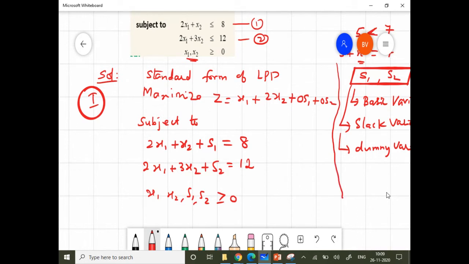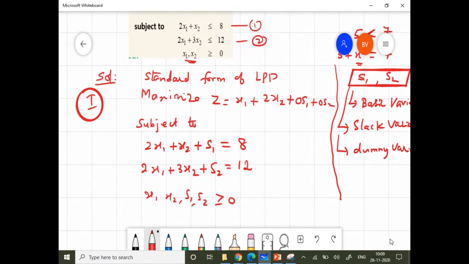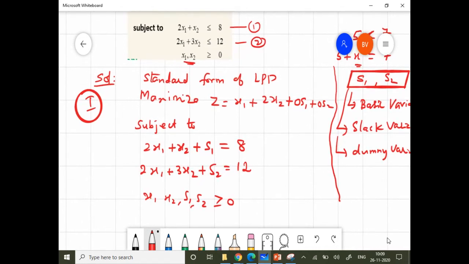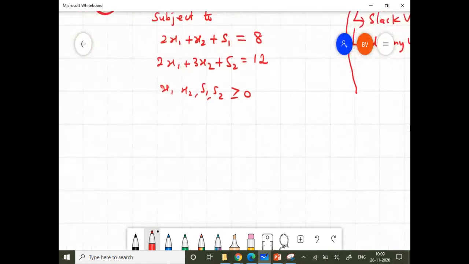In the first step we will introduce two new variables and write every inequality into an equality, and introduce those variables in the objective function with a 0 coefficient. Okay, now second step, number 2. So remember, step by step, if you practice, it will be easier. Otherwise, you will forget the procedure.